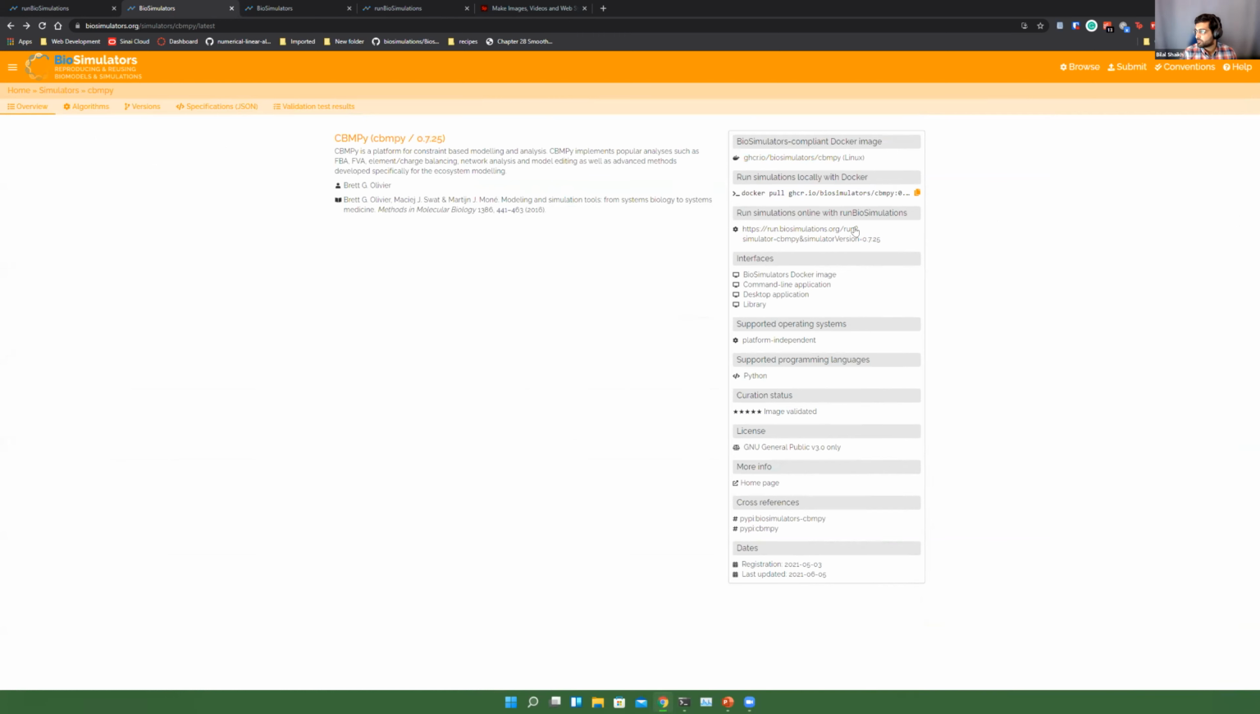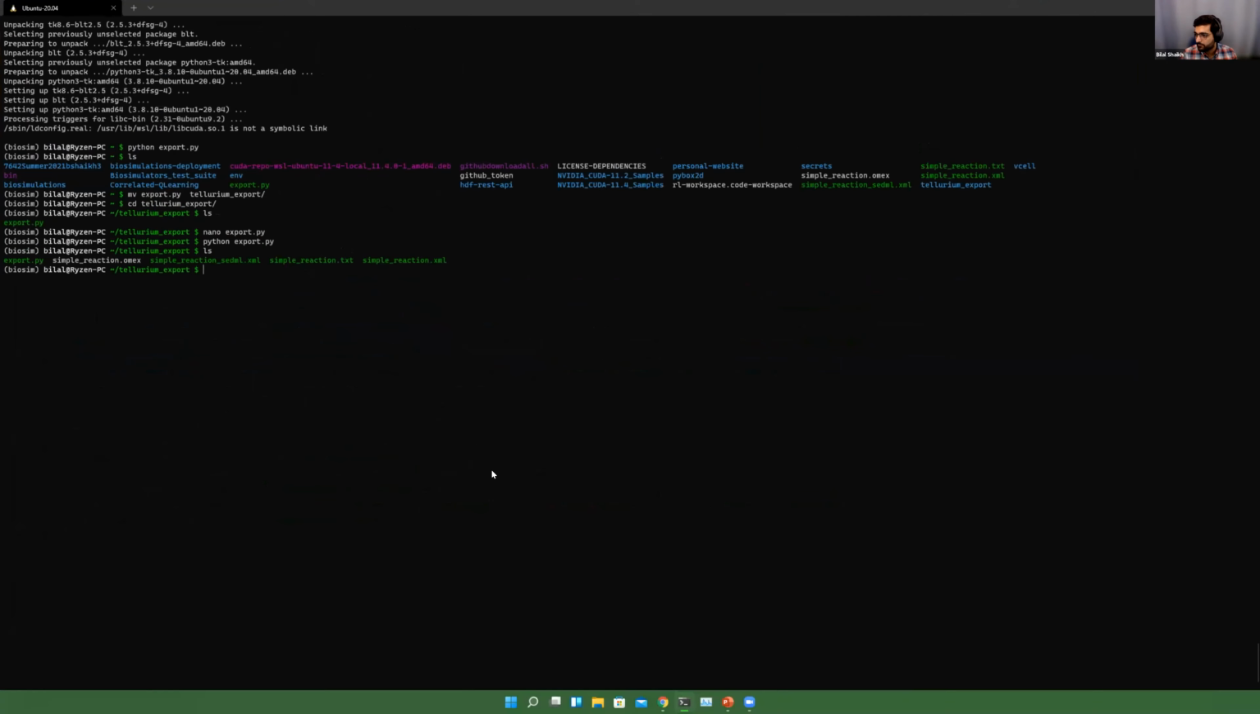So now if I come here to this page, you can see this little section here, which is how to run these simulations locally. So I can actually just go ahead and copy this to my clipboard. And if I open up my terminal now,